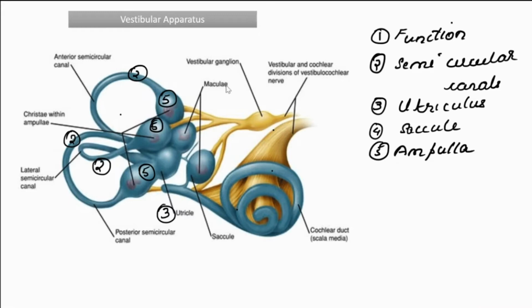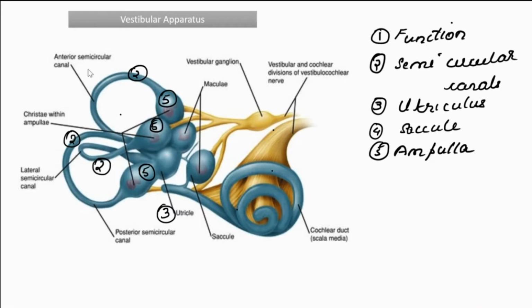That is its arrangement. And towards the tip of each canal, there we can see a bulbous portion, a swollen end. That swollen end is called ampulla. What is it? The swollen portion is called ampulla. And also associated with this, we can see another sac-like structure. They are called utriculus and sacculus.